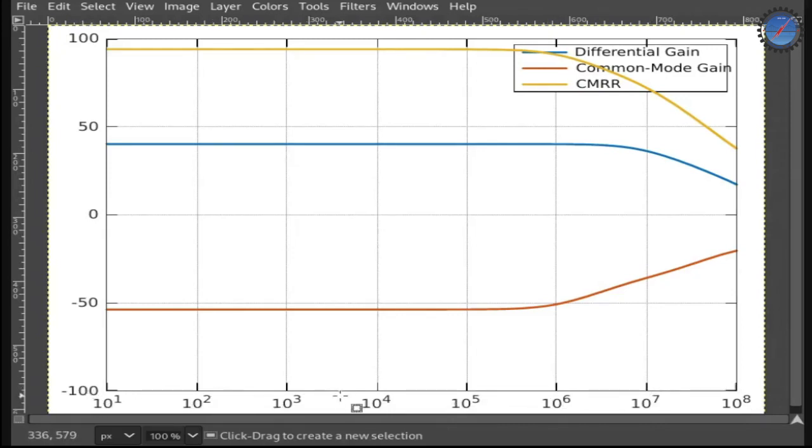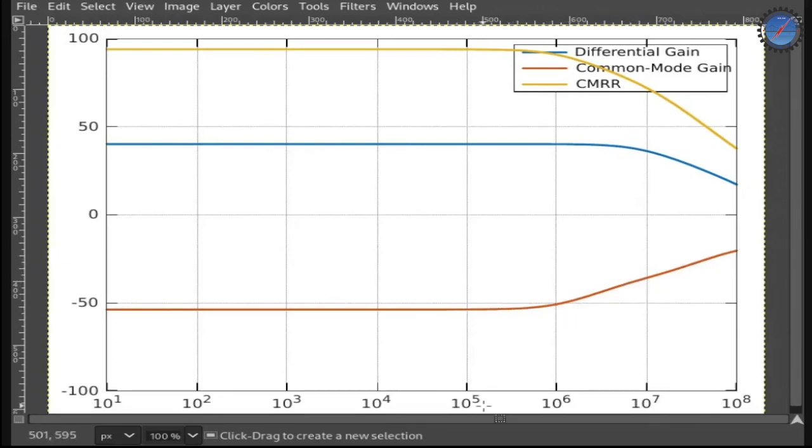This is plotted on a semi-log scale. You can see the response of the differential gain in blue, and that there is one-pole behavior. Similarly, this red curve is for the common mode response. You can see it is almost flat up till here and then increasing, due to the presence of a zero.